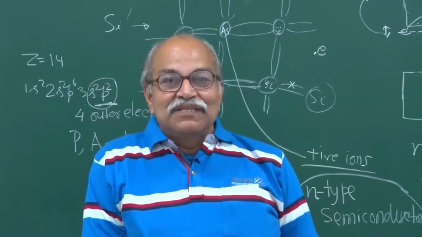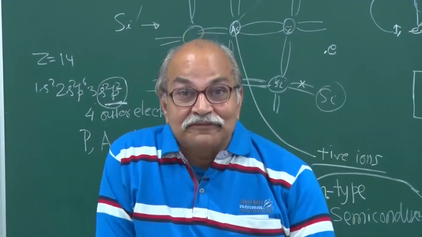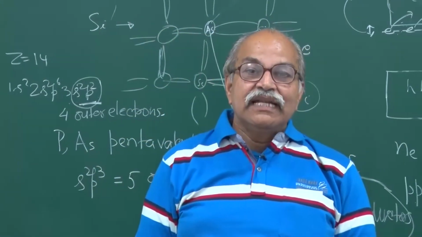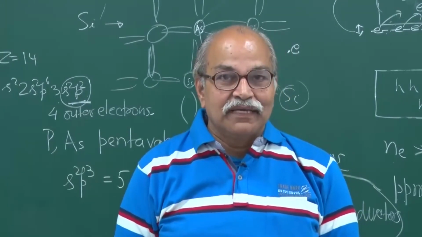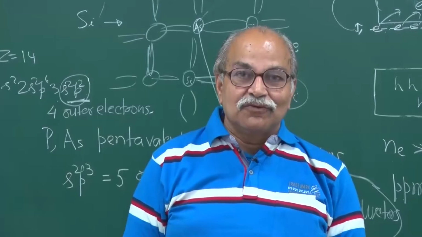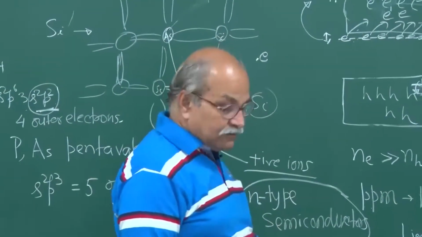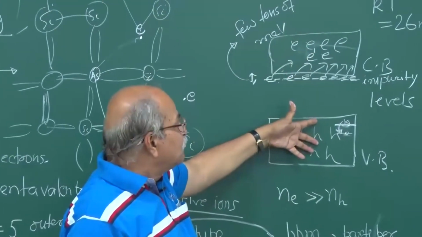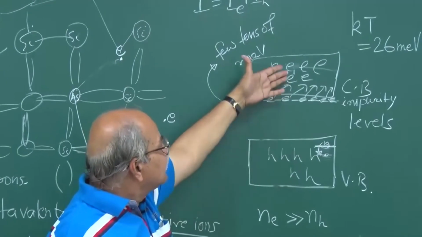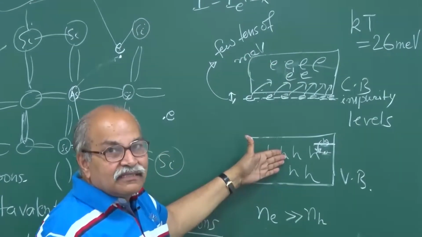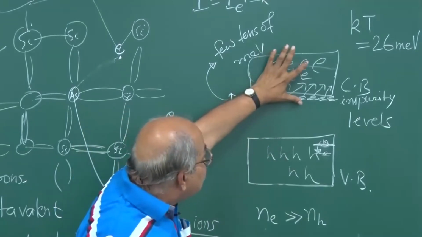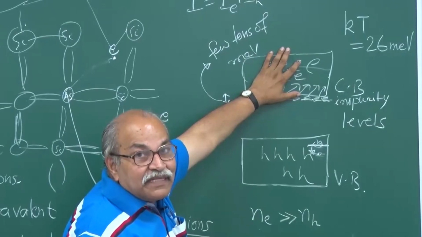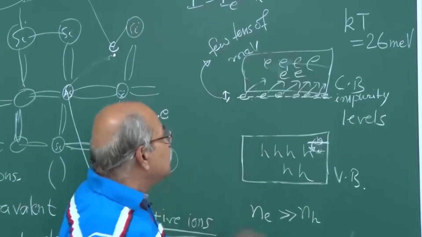This number of holes, that density goes down. You remember, you always have a generation of electron hole pair and recombination of electron hole pair. If you have a small number of electrons here, an equal number of holes here, there is some probability of an electron going and filling a hole. But if you have a much larger number of electrons here, you have increased the number of electrons, then the probability